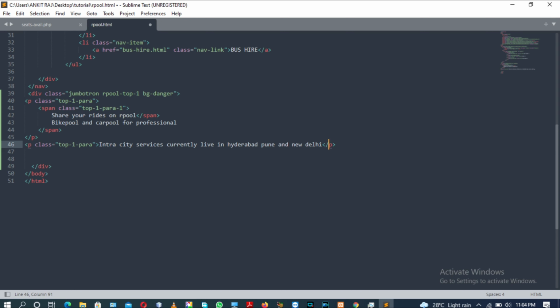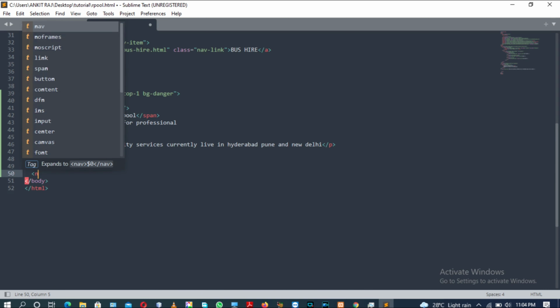Okay, after that there will be closing of the p tag, and after that closing of the div tag on line number 49. Okay, and after that there will be an opening of a nav tag